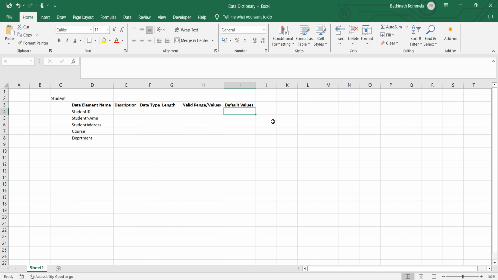Say, for example, if there is a student name and the name is not given, the default name will be no name given. You can keep anything, and I might say no name given, like that. In that way we can give some default values. If the course is not given, or the department is not given, we might be changing it. So anyhow, before you start working on preparation of